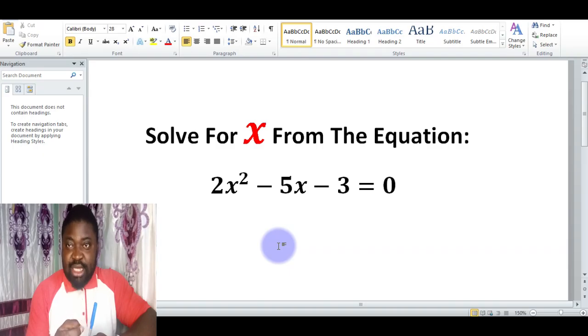divided by 2a. Once we put this formula in place, we start replacing the values of a, b, and c. a stands for the coefficient of the x squared, b stands for the coefficient of the x, and c is the constant. Once we have this in place, we can refill the various values inside the formula: minus b plus or minus the square root of b squared minus 4ac. Once we put this in order, it will be very easy for us to get all the values of